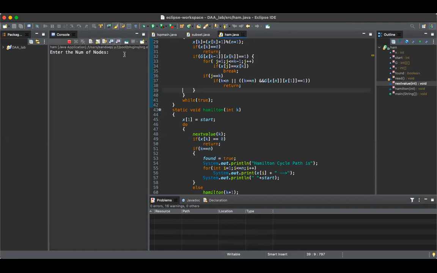I'll run the program. It is asking to enter the number of nodes. Number of nodes is 5. So it will ask for vertices, and you have to enter the adjacency matrix.